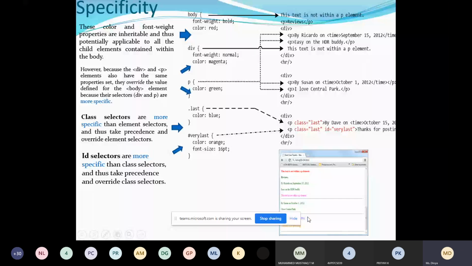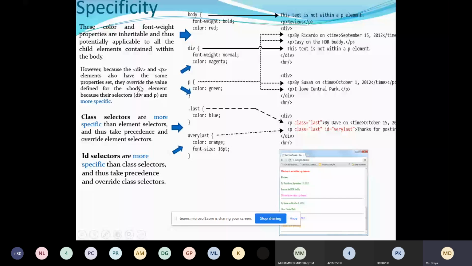That is why it is applicable to all the content. But still we are not getting the color red for all the content. Remember, we are getting red only for the first line, though it is applicable for all the content since it is inheritable. However, because div and paragraph elements also have the same color property which we specified in body, they are overridden.